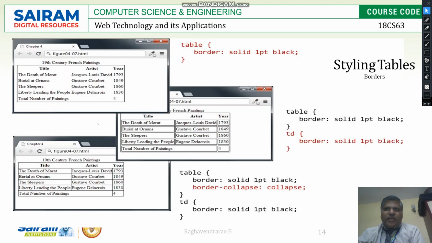and one of the styles that you are going to apply is for the table only. This is going to be written in the styles. So this table you are applying with the border solid 1 point black. So this is the thickness, solid is the thickness of that line, and it is in black.